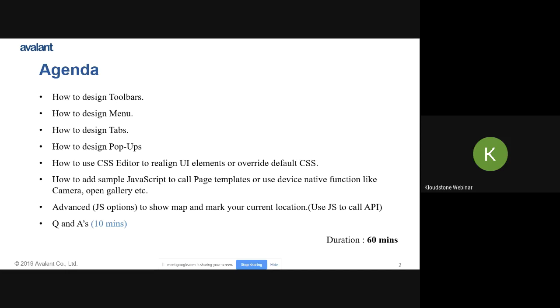And also I have a use case for you today where you can see how you can put the JavaScript to call a map API and show the map on your mobile applications and also mark the current location. So I have a couple of things today, and the session will be for intermediate to advanced folks as well,